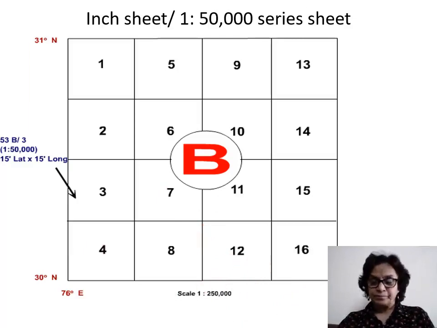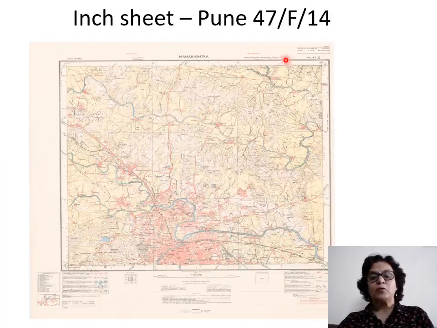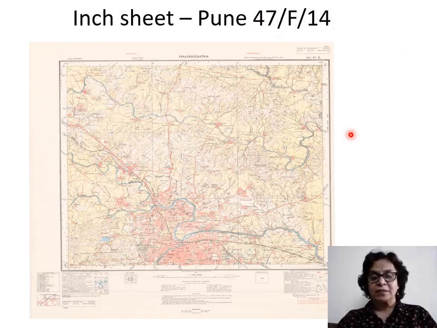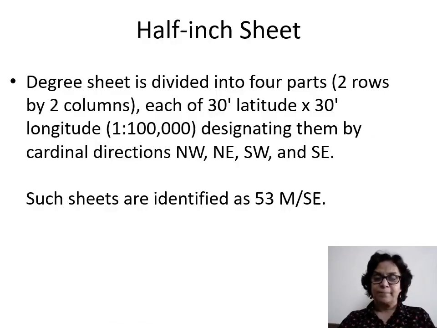And this is the recognition that it is an inch map, where you get three numbers. First is the main number, which is of the million map, then is of the degree map, and then is of the inch map. So 47F by 14 is the subdivision, and this number indicates that this map is known as a 1 inch map. It used to be known as a 1 inch map because in the British system the maps had a scale of 1 inch to 1 mile. Therefore it was referred to as a 1 inch map.